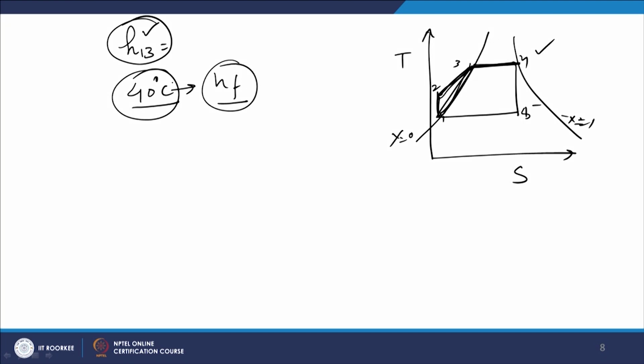Now, we have put an economizer. So, this economizer, what is it going to do? It will add some heat, sensible heat, to the feed water, and that is going to be, for 1 kg of water, m Cp delta T. So, 4.18 times delta T, which is 125 minus 40.